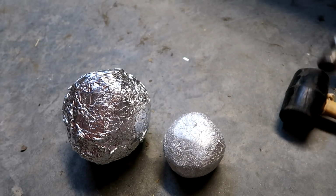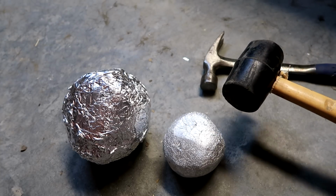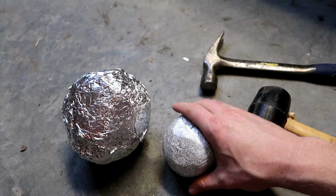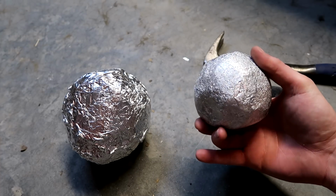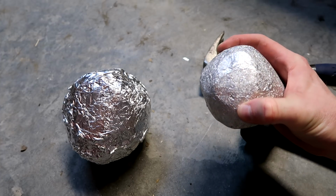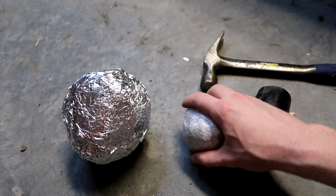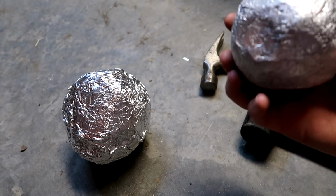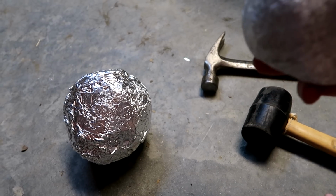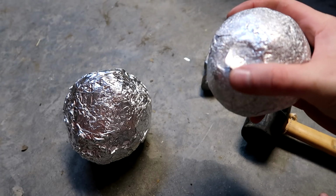I actually switched from the metal hammer to a rubber mallet because I think it worked a little bit better. And honestly, now this one is at the point where hitting it with the hammer, I'm not able to change the shape of it. It's very hard. This one I think looks pretty good, except I'm having this one flap that's sticking up,